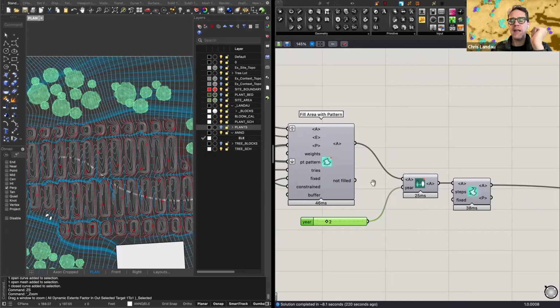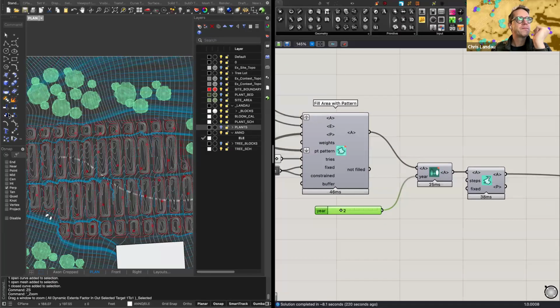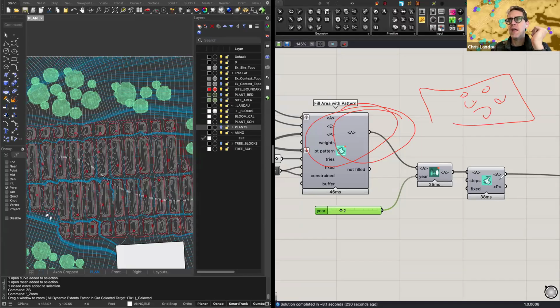Another thing I've discovered recently is, once we have an area filled with all these trees, if I were to just pack those trees, so this is the packing component, and the tree is big and I've got another big tree, this one is going to get forced out of this little area, and we're only going to have one tree. But if we want those trees to be there and create a canopy where they're together and they have space, maybe creating greater coverage,